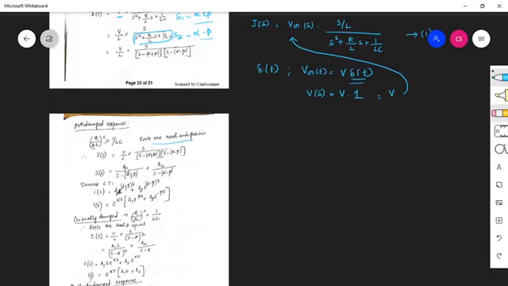Therefore, while taking partial fractions, for this particular term we will write it as A1 by the first term, s minus alpha plus beta, plus A2 by the second term, s minus alpha minus beta. On taking the inverse Laplace transform, to repeat, for 1 by s minus a, the inverse Laplace transform is e power at. So in place of a, here we have alpha plus beta. So this will become e power alpha plus beta into t. And the second term is A2 into e power alpha minus beta into t. Therefore, on taking e power alpha t commonly outside, we get A1 e power beta t plus A2 e power minus beta t.